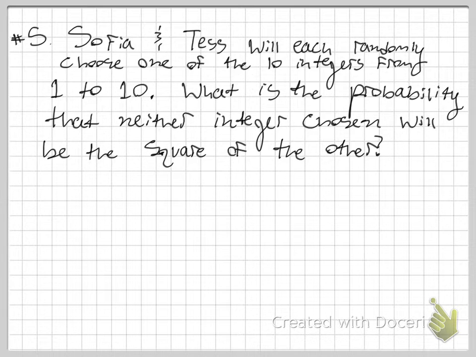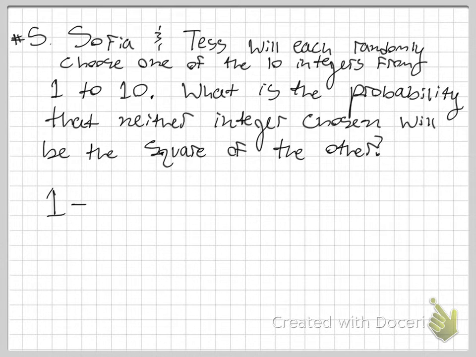All right, number 5. Sophia and Tess will each randomly choose one of the 10 integers from 1 to 10. What is the probability that neither integer chosen will be the square of the other? The probability that neither integer chosen will be the square of the other is equal to 1